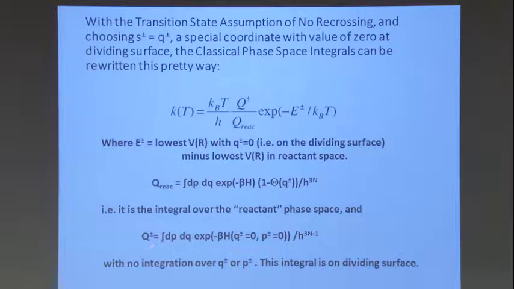And the Q dagger thing in the numerator, this is a Boltzmann average, but over things which are sitting at the boundary. Only count Qs that are on the boundary, at the toll plaza. And we've already computed the P integral, so don't include the P integral in the direction orthogonal to the boundary. That's already been computed, and that's where we got the kT over h factor from. And so that's the expression. We saw that already one time before.